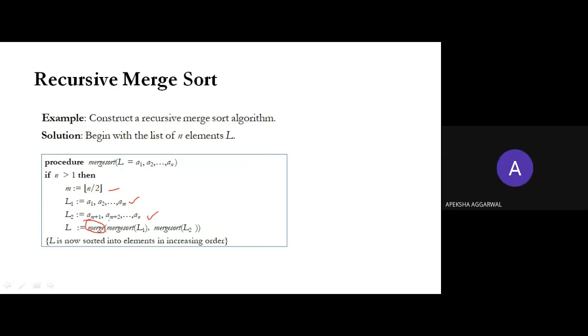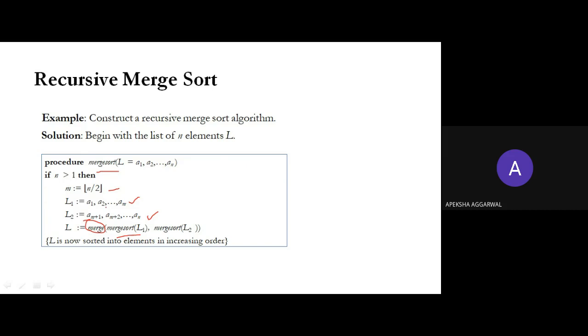Now how you will merge is you will keep calling merge on the divided lists L1 and L2, right? This is clear. Now merge is calling merge sort L1. Merge sort L1 is nothing but the same algorithm. So first of all, this will run and this will run. Merge will run in the last, until all the merge sorts are called, right? And what the merge sort function is doing is dividing.